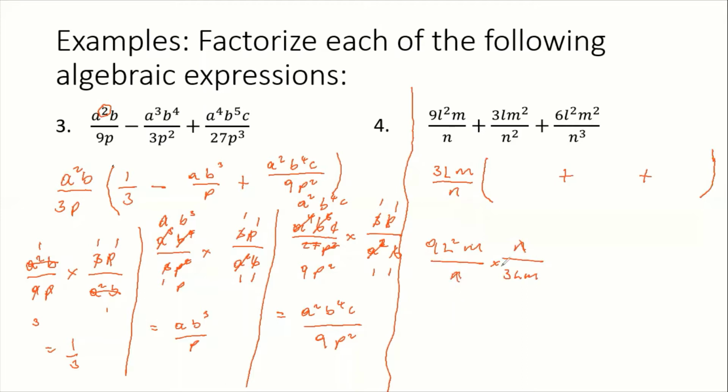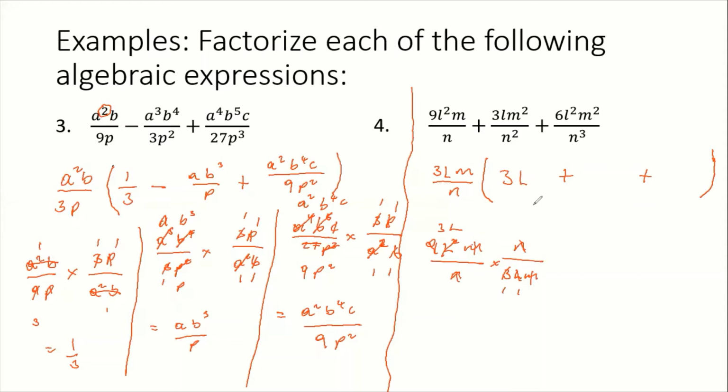Then M into this M will give us 1 also. L into L, that's 1. And L into L squared, that will give us L. And 3 into 3, that's 1. And then 3 into 9 will give us 3. So our answer is just 3L here. So first term that will go here is just 3L,